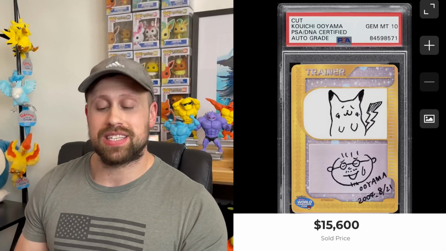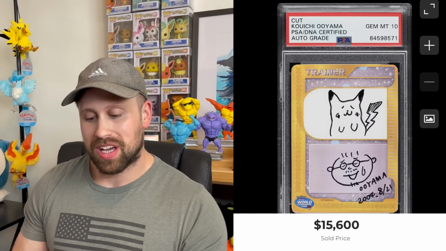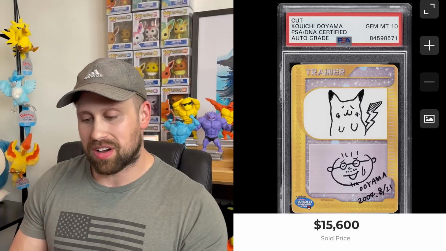Here is a PSA 10 Ueyama signed card with that Ueyama's Pikachu design on it, sold for $15,600. And then our auction of the week, of course, has to go to this Ken Sugimori autographed PSA 9 card with a little Pikachu illustration on it that sold for an even